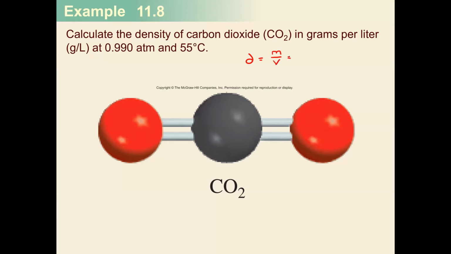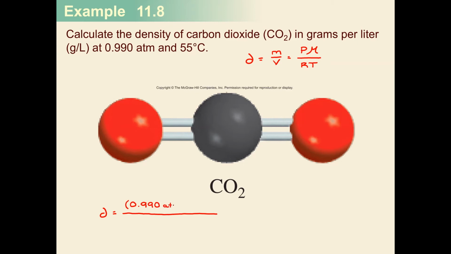So that means that we are going to have our pressure times our molar mass over our RT. So this is how we are going to solve for the density. So our density is going to be equal to, notice that I do have a pressure, so that pressure is going to be